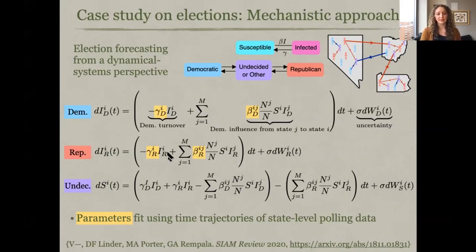And then similarly, there are other parameters in the Republican system as well. And so what we did to fit parameters to this model is actually quite similar to the way the parameters were fit in the statistical approach I showed you earlier: we were interested in fitting parameters by matching the ordinary differential equation versions of these equations to timelines of polling data.